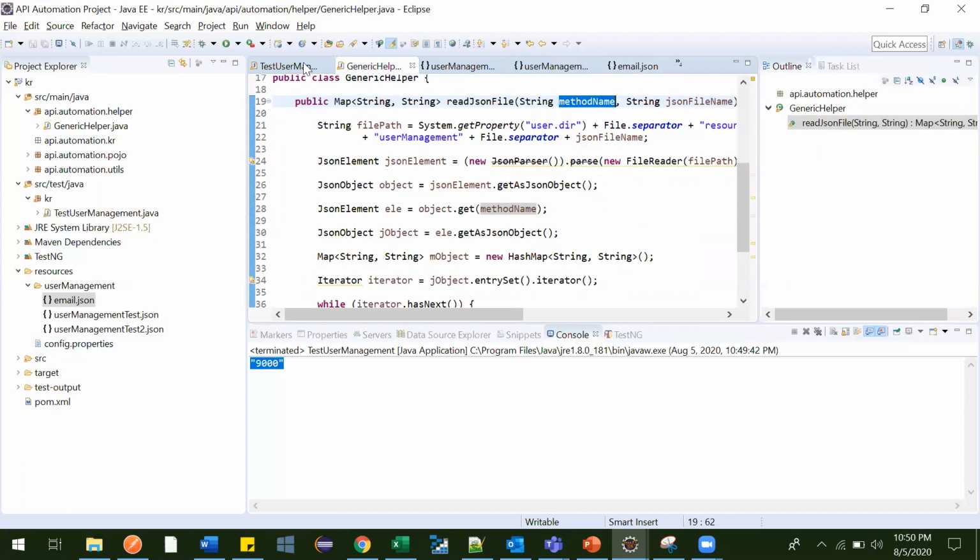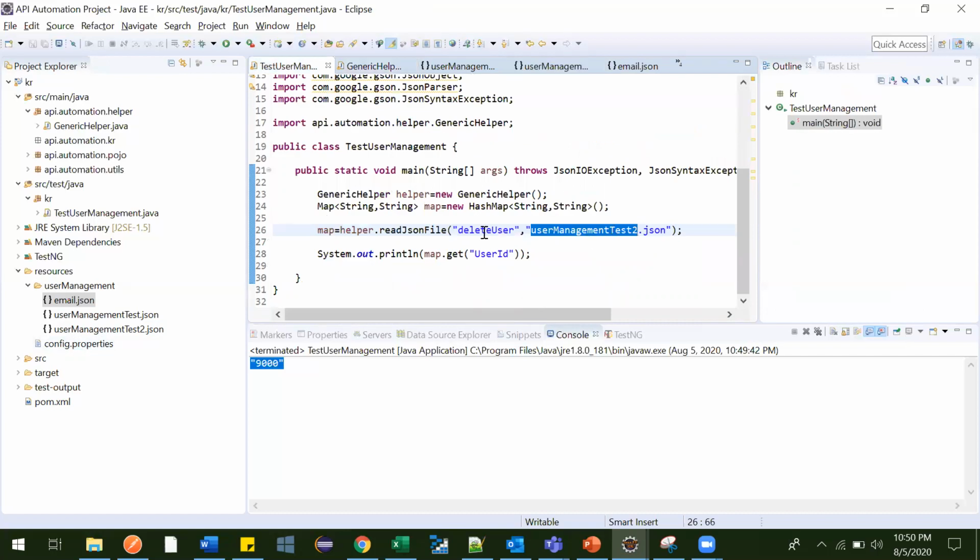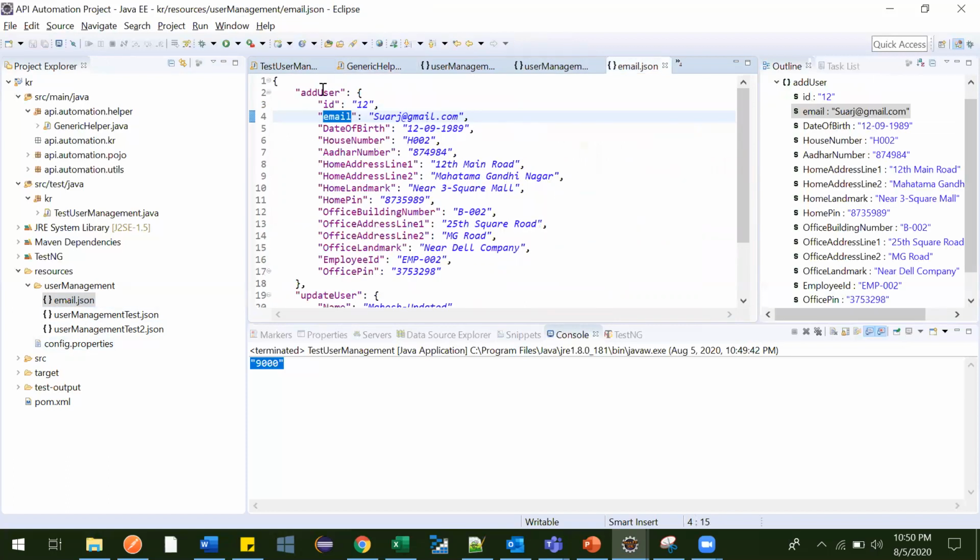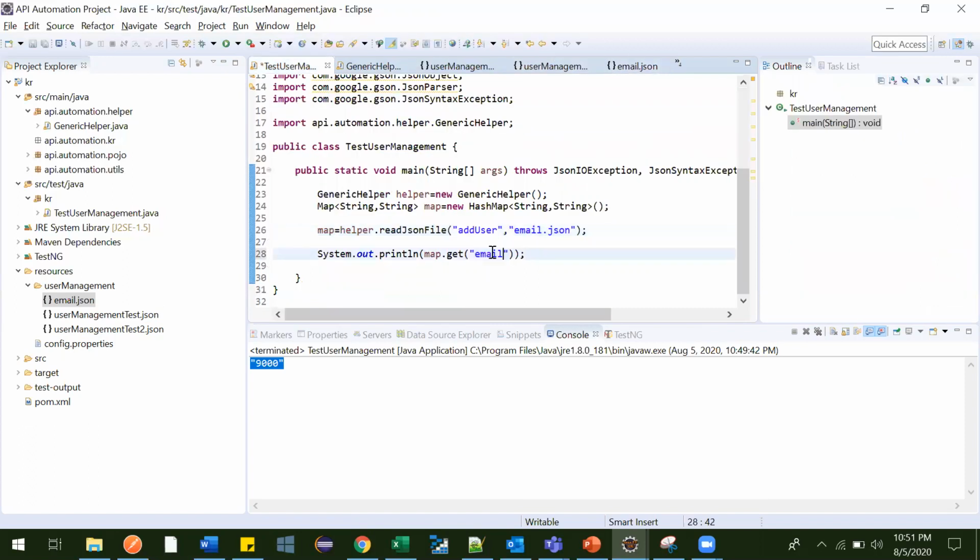So here you have to provide the add user method and you have to provide this file, email.json. Inside the email.json file, it will go and point to this add user key. Now it has the email information, so copy this, go here, and which value do you want to print? Just email.